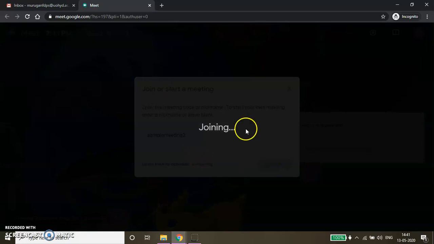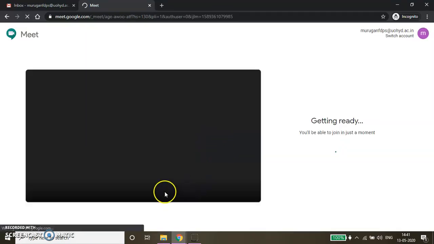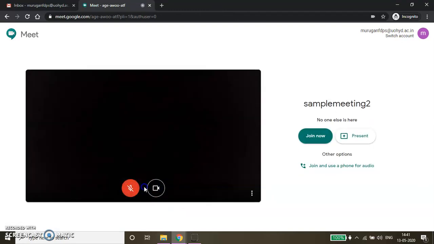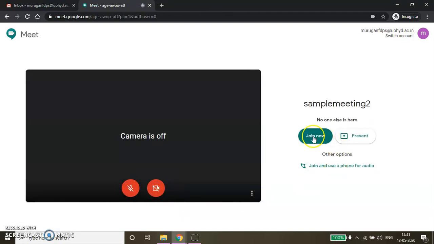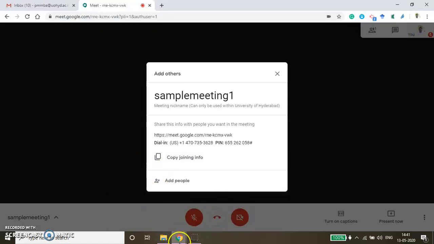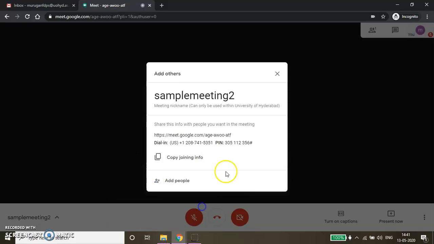So with the help of this particular meeting ID, you can accommodate another set of 250 participants. Individually you just send this meeting ID to the next batch of participants. Through this way, the first batch of 250 people will be able to join in this meeting, and similarly the second batch of people will be able to join in this meeting, that is sample meeting 2.